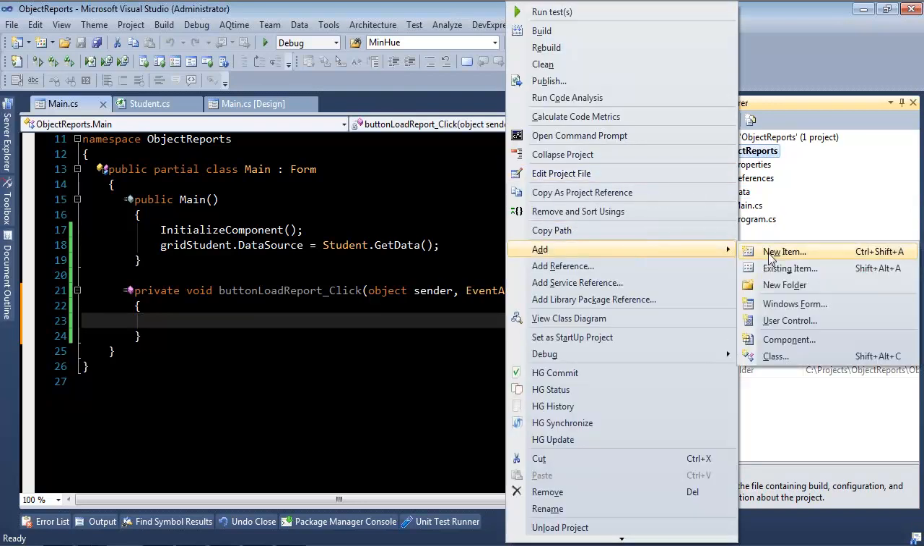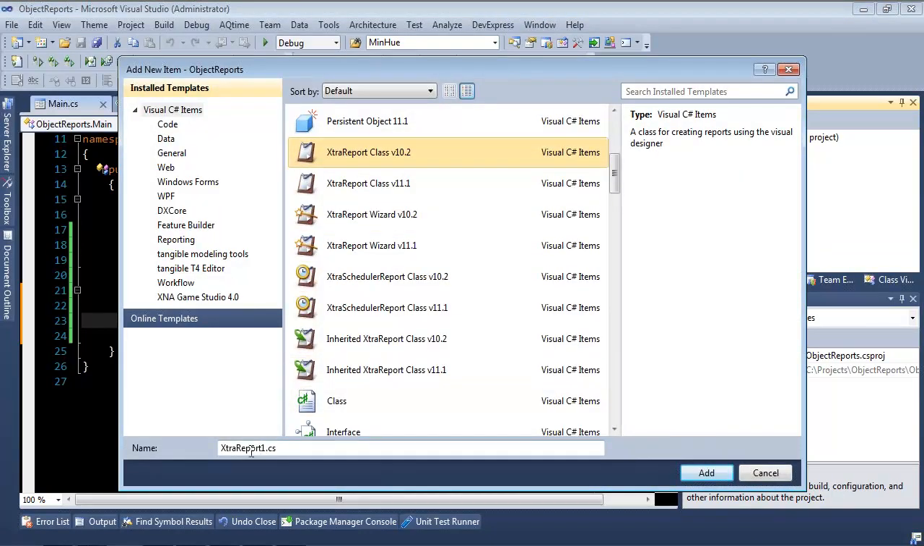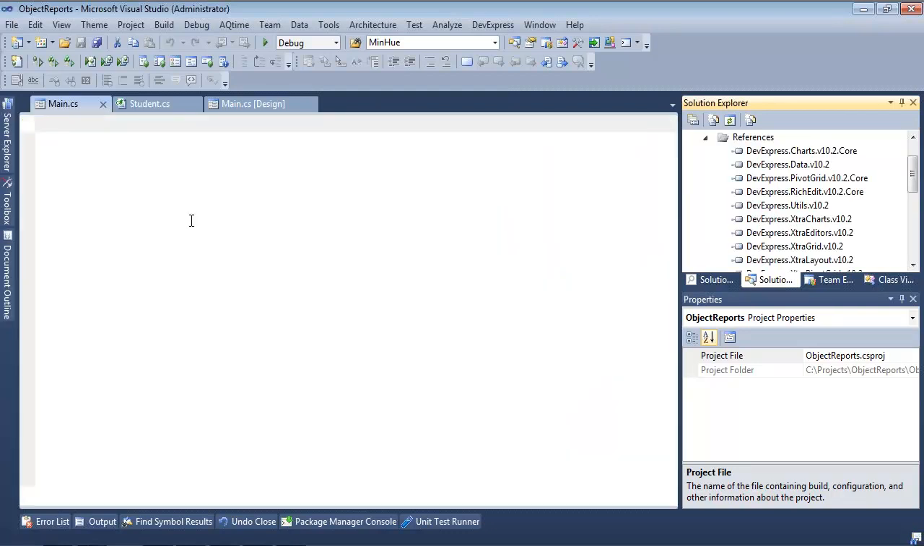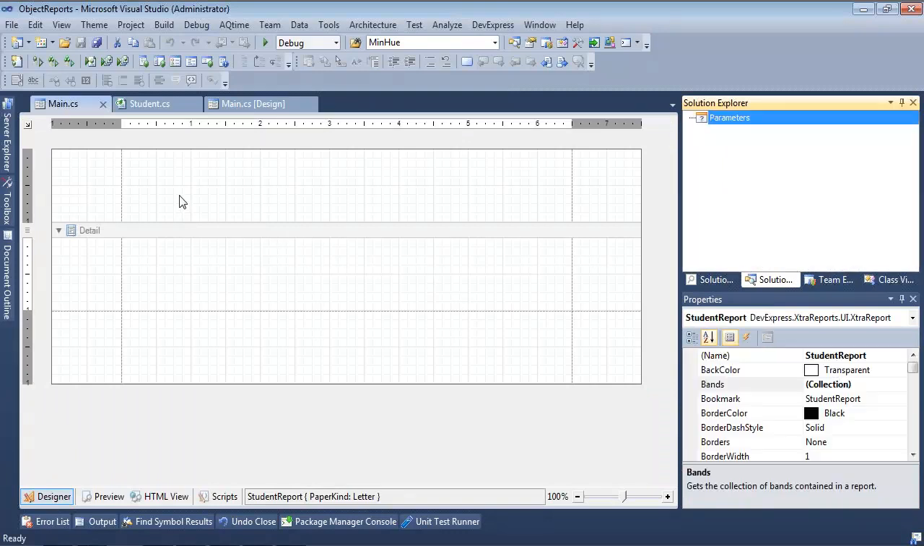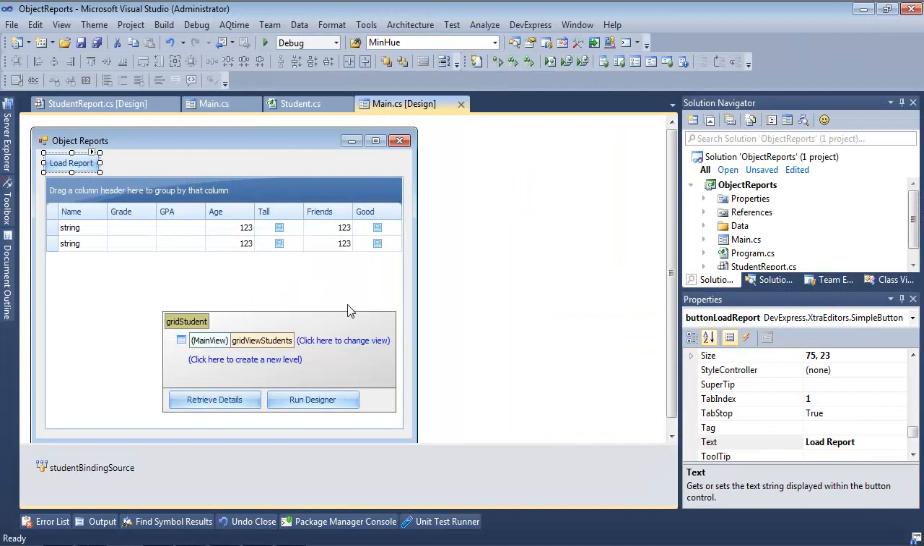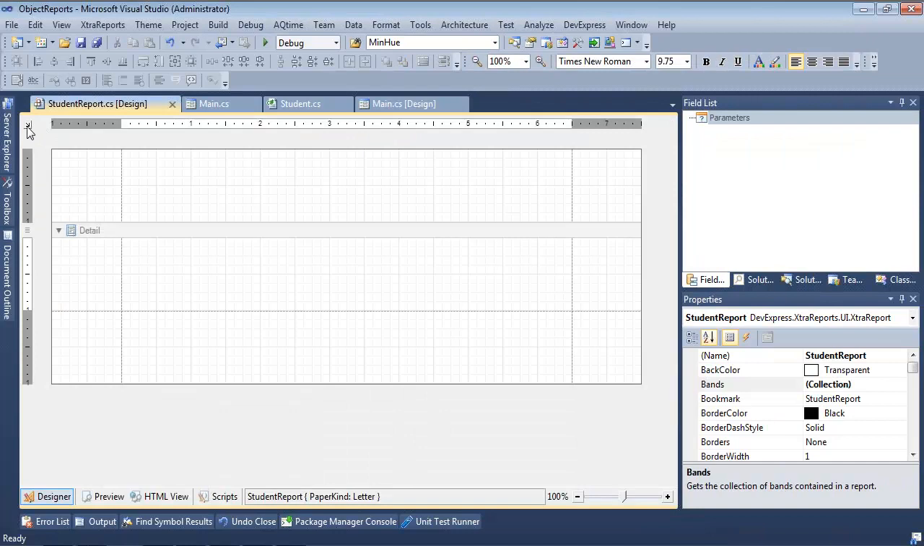Let's go new item, and let's go to extra report class, and we're going to make a student report. All right, so it's loading all of its goodness over here. The report designer will come up in a second, and you're going to see, again, remember how we did it with the grid? There was just this data source thing we set up. We're going to do the same thing, but with the report. So let's go over here,